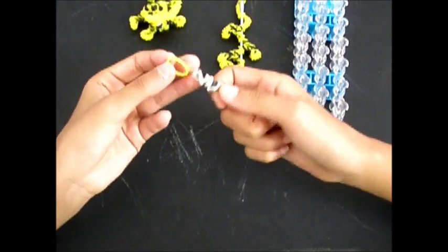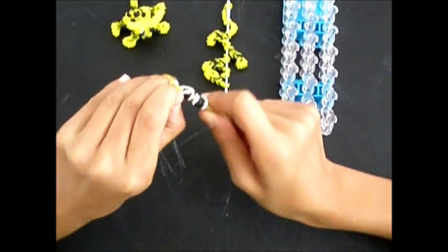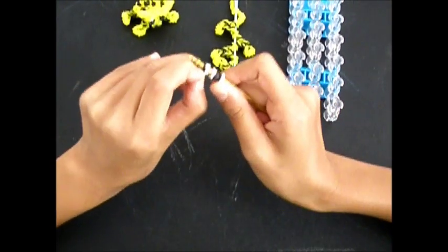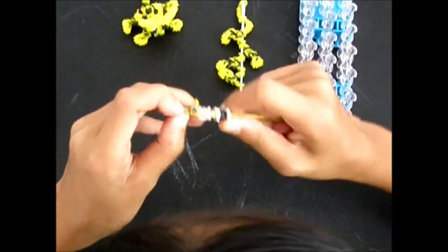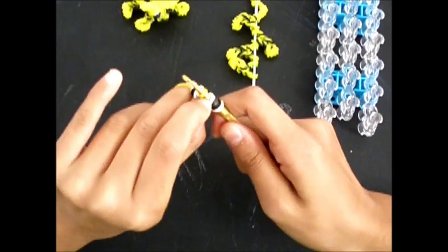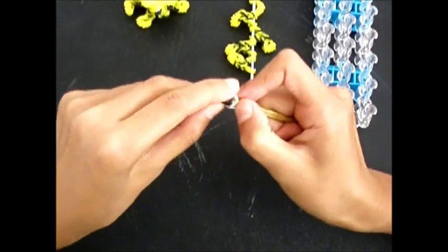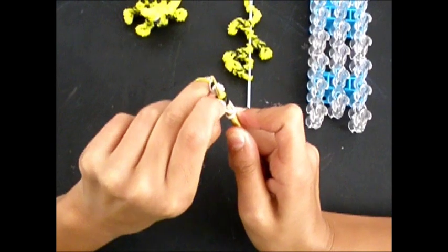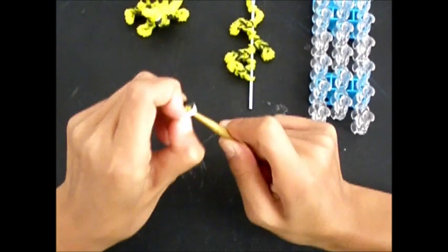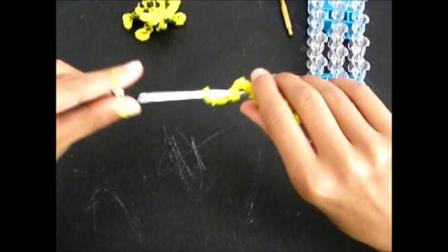Now we're going to be taking this yellow band, and we're going to be looping these eyes all onto that yellow band, and we're going to be making sure that there's only 1 yellow band here instead of 2 as we did for the other loops. We're going to be taking both of the eyeballs onto that 1 band. So we're going to have all these eyeballs secured on this 1 band, and now we can put this aside on our holding